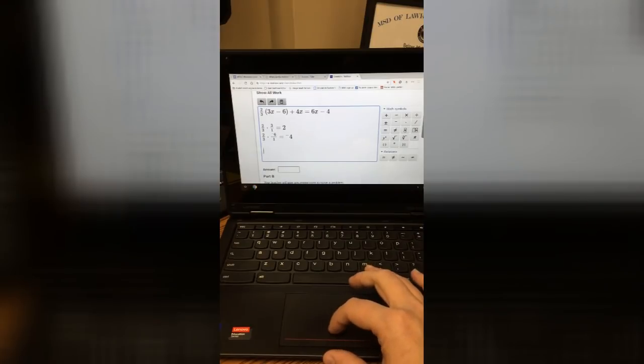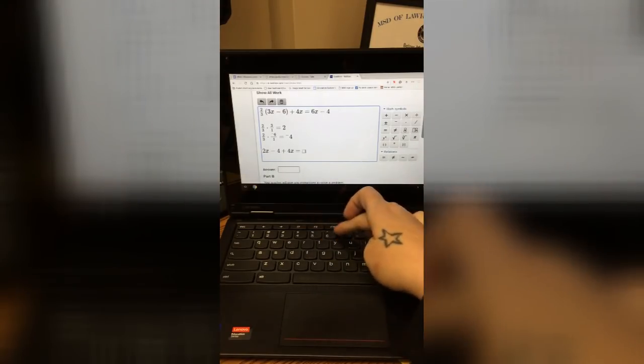Okay, so 2/3 times 3x is going to be 2x minus 4, because that's going to be a -4. It's the same thing. Plus 4x. Don't forget your shift sign in order to get that plus. 4x